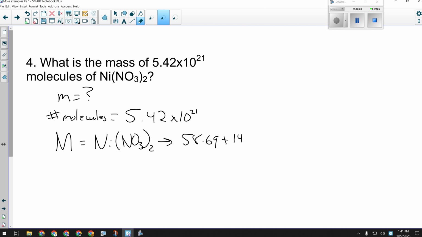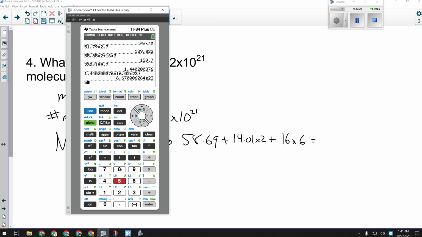So 14.01 times 2, and how many oxygens? 6. Okay, so 58.69 plus 28.02 plus 16 times 6. All right, so we're looking at 182.71